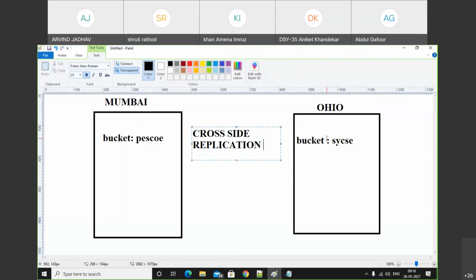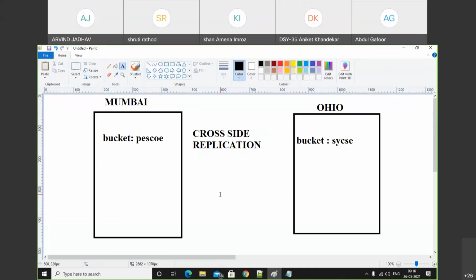We can use another region also, Oregon, Dubai, Tokyo. This region also we can use. So make a note of that. When we perform this operation, we require two buckets from two different regions. Now, how will you perform it? Let's say I have uploaded one. Assume that the cross-site replication settings will be added on both sides. In that, versioning is also added on both sides.